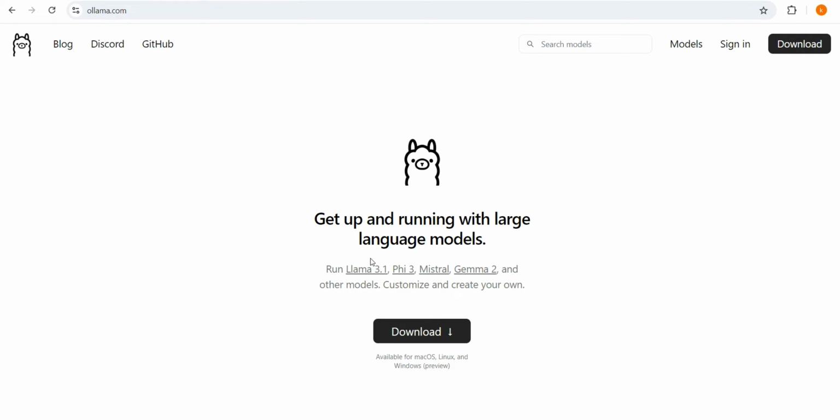Ollama is designed to help businesses and developers leverage the full potential of AI. So let's talk about what sets Ollama apart from other AI platforms. First of all, it is incredibly user friendly. Whether you are a developer or just someone interested in AI, Ollama makes it so easy to integrate language models into your project. It also supports fine tuning, which means that you can train your model to better suit